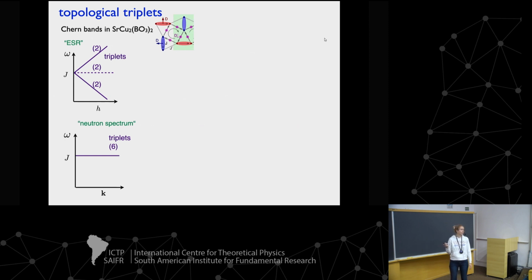It would be a flat band that is 6-fold degenerate. If we look at the symmetry of this lattice, with singlets as the ground state and triplets as the excitations, because of how differently they transform under different symmetries of this system, like the mirror symmetry, hopping of the triplets would be forbidden. We would not have hopping matrix elements, so this would be completely a flat band. But this is not what we see.